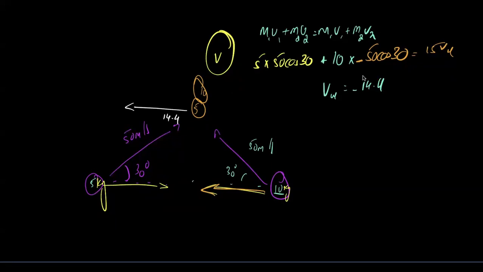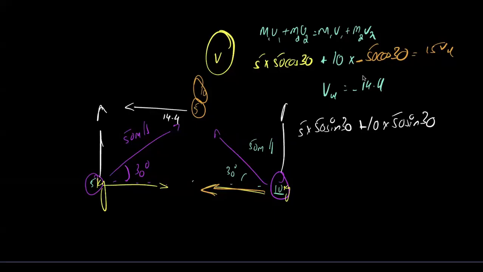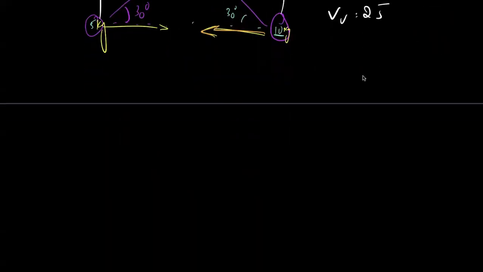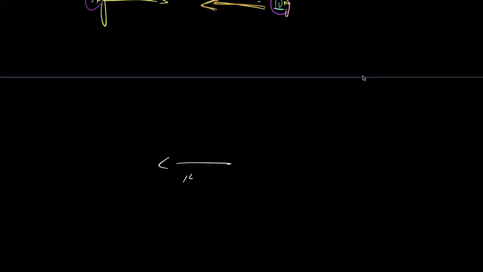And I'm going to do the same thing for vertical. But vertical is going to be 5 into 50 sine 30 plus 10 into 50 sine 30. Why am I adding these? Because both of these momentum are in the same direction, is equal to 15 VV. What's the answer for this? 25. आगे तो guys it's same. 14.4,